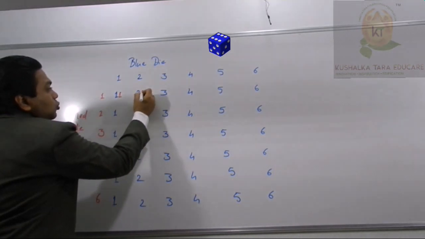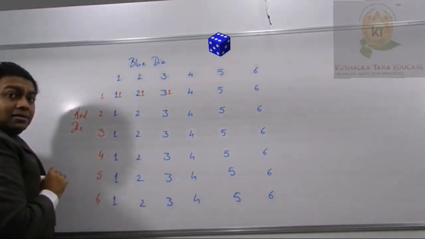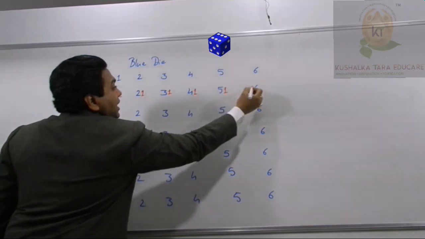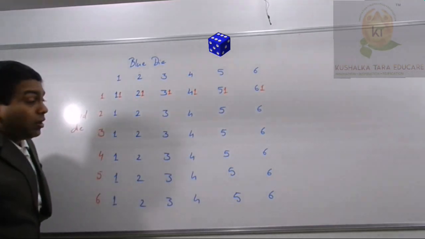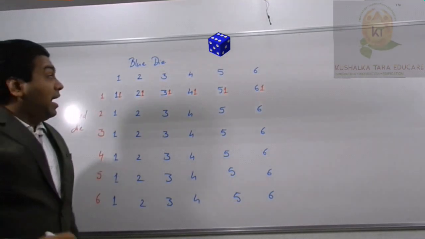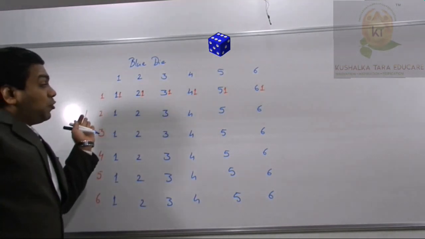You may get 2, 1. You may get 3, 1. Why? Because this is corresponding to 1. You may get 4 and 1. You may get 5 and 1. You may get 6 and 1. Okay? So similarly, if 2 occurs on a red die and blue die can give you any of the numbers